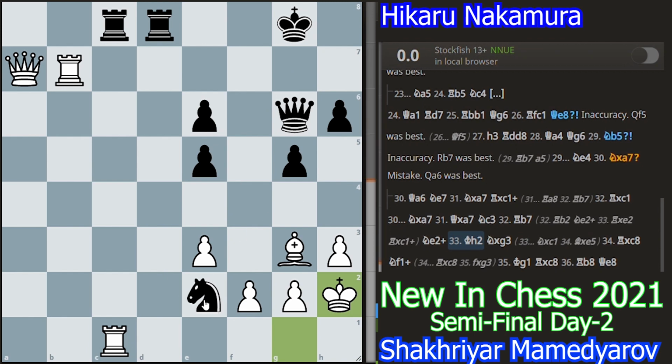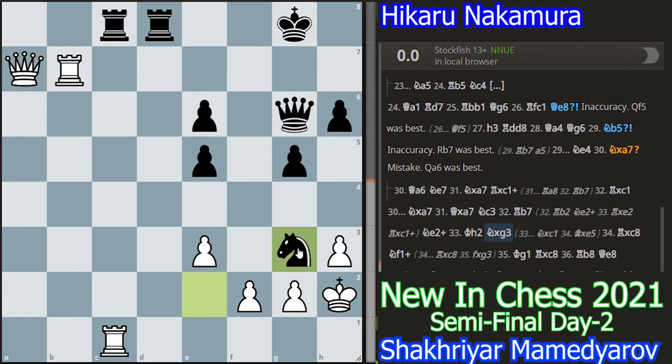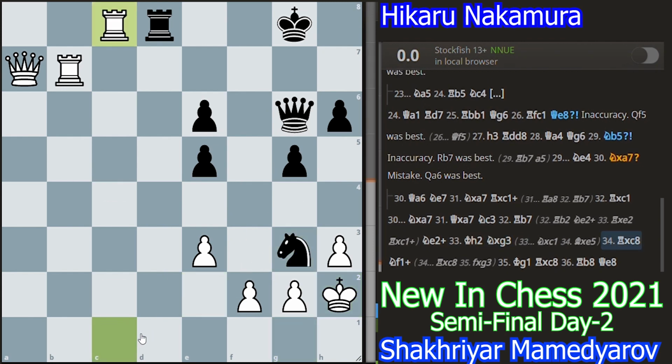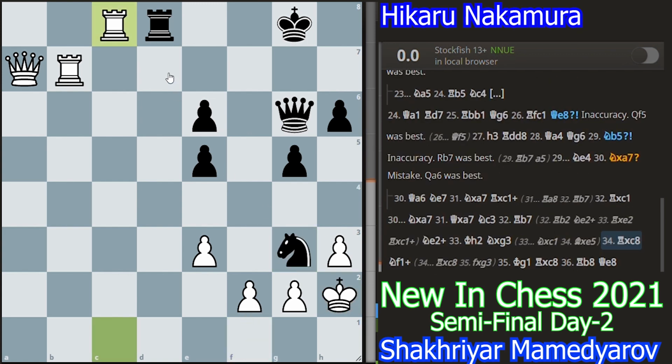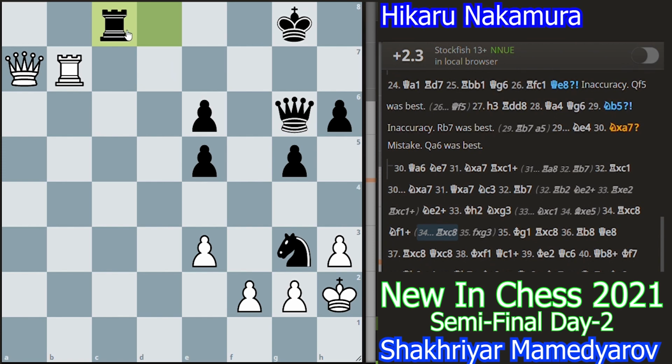So here black can only play knight cross g3, and now white played rook cross c1, knight f1 check. Here instead of knight f1 check, if black will try to play the move like rook cross c8, then also